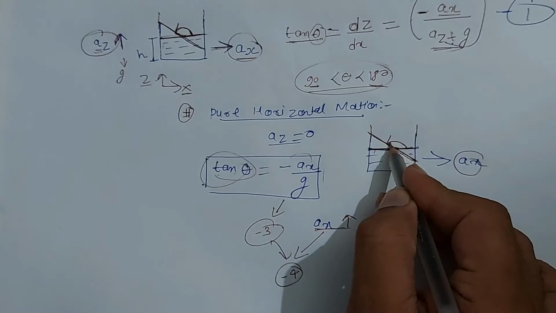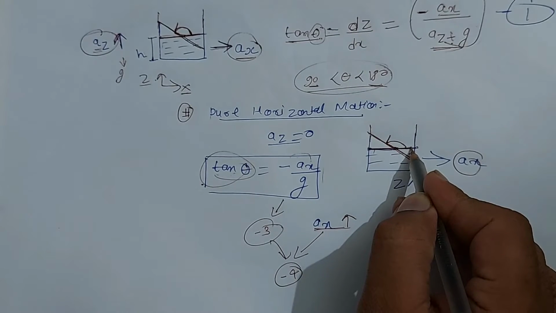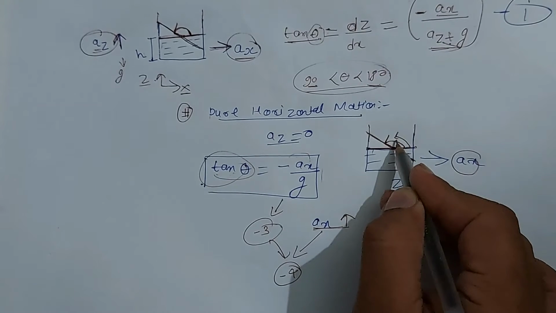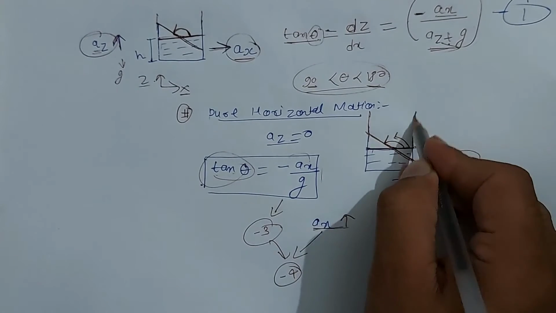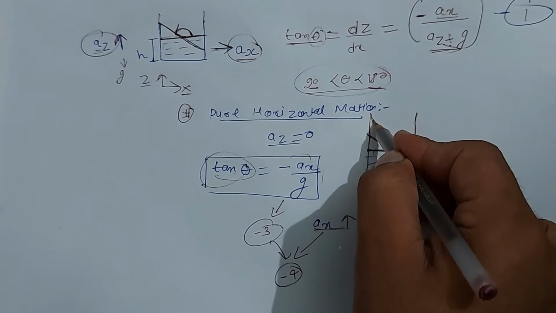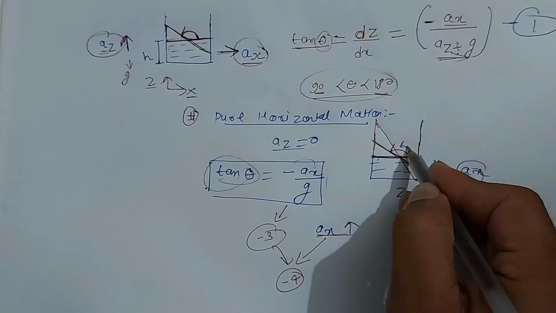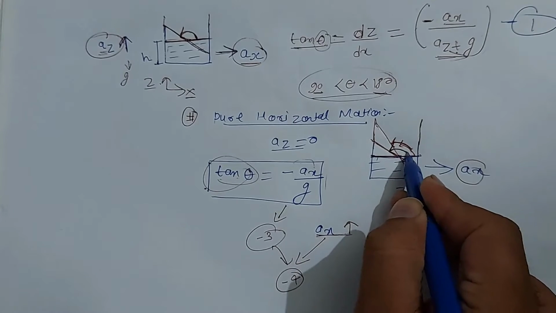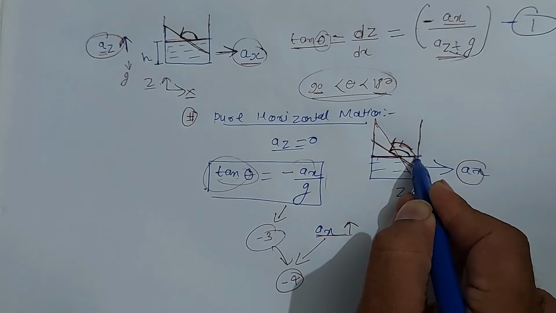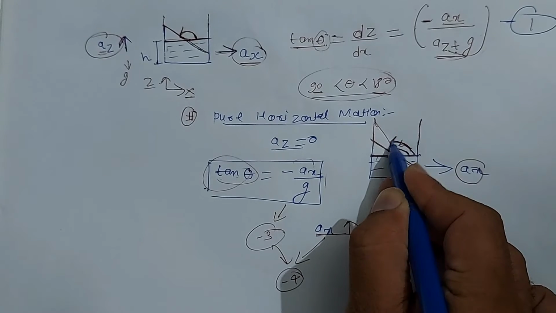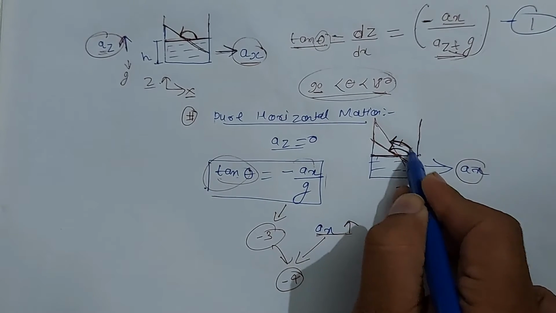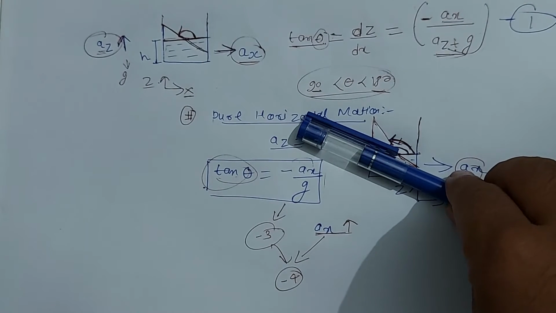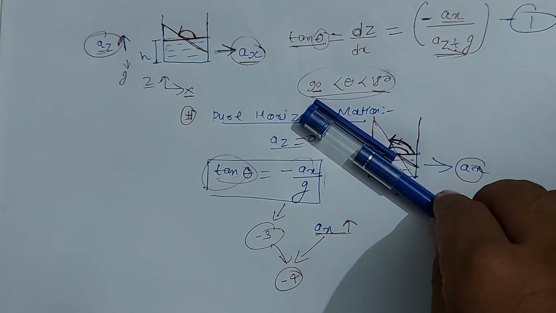So if this much is the initial angle, then after increasing the acceleration the angle would be less, like this much. If it would be this much, then our line would become very steep. Are you getting my point? Initially the angle was this much, but because of the increase of acceleration the angle became smaller and it became this much. This means the line that was like this, because of the increase in acceleration, is becoming like this.